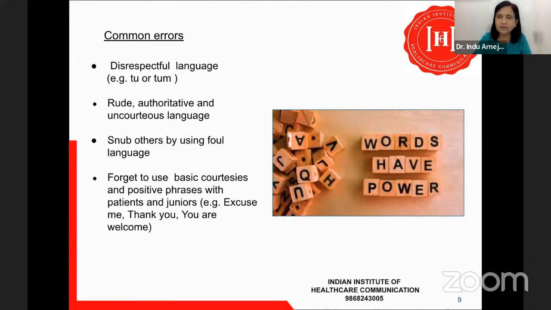And then we also forget to use basic courtesies. Like, for example, we receive a phone call. How many of us actually say, I'm sorry, I need to take this call, to our patient? Or you make your patients wait and you are genuinely busy somewhere. You come back and before you actually start working with your patient, you say, I'm really sorry you had to wait, but that was something very urgent and I needed to be there. So these are all basic courtesies which we need to use with each and every person that we interact with. But a lot of time we don't demonstrate this, because we don't consider patients as equal to us,